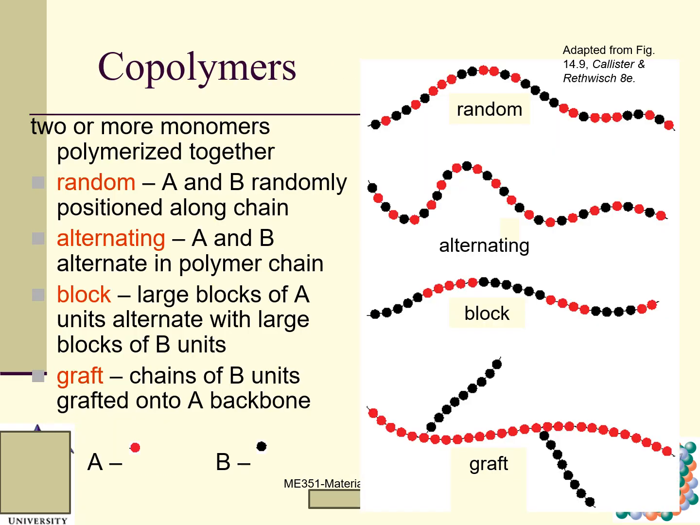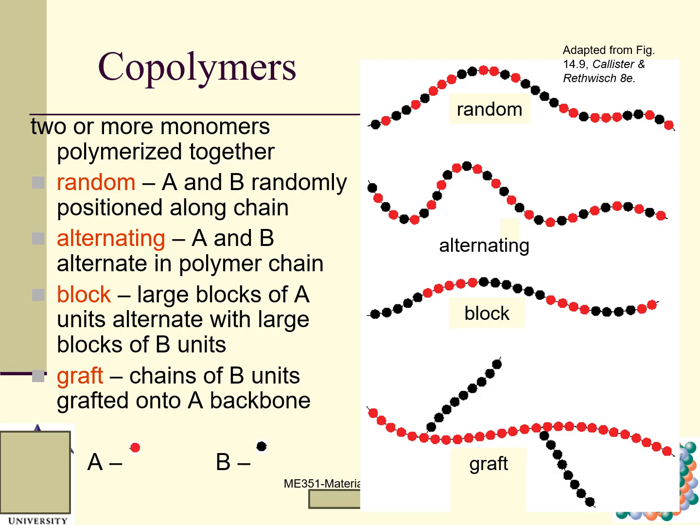And then we talk about copolymers. Copolymers are two or more monomers polymerized together. Previously we talked about the polymer, and polymer means that we only have one single repeat unit. But here we have two or more monomers, not a single repeat unit. And so we can see here